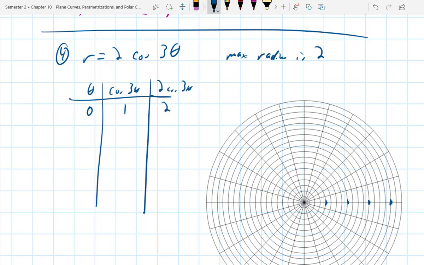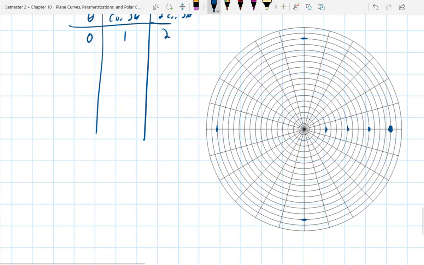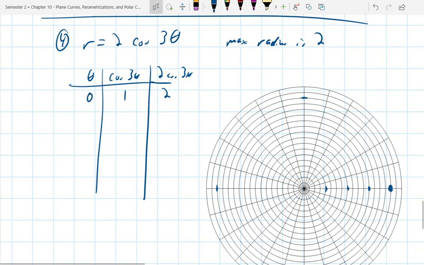I'm going to call this 2 right here, put a point. That way I can get this, this, this. You guys have a much tighter grid than I do. Now as I increase theta, essentially what I want to do is add another column before this, like a theta column. I want to make 3 theta be something that I know. Like I know theta over 3, and the cosine of theta over 3 is